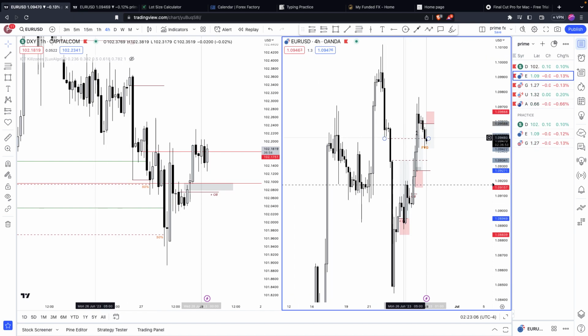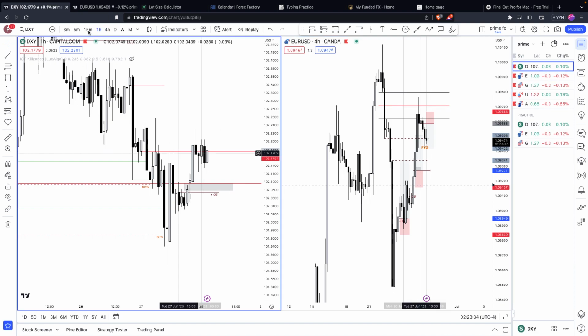So I'm seeing a close above this order block, which is not really important here, but we do see a fair value gap, and then price refusing to close above 50%. And this is something that I'm looking at, and I'm seeing prices closing below 50%. Well, let's first of all forget about the Euro USD for a second, and let's look at